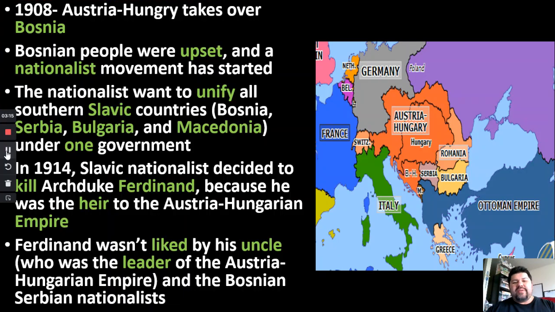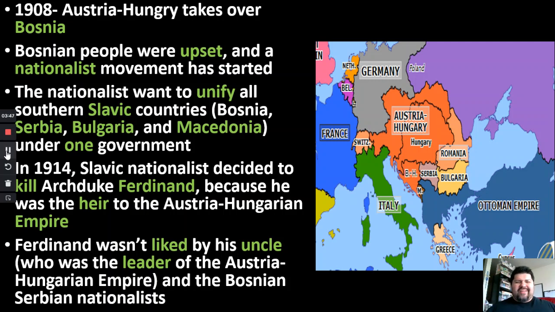All right. So, to make this a lot easier for you, while I'm reading the lecture and explaining to you, you may want to look at the map every so often. Now, in 1908, Austria-Hungary takes over Bosnia. If you look on the map where you see Hungary, right below where you see that B/H, that's Bosnia. And when they took over them, it really upset the people because the Bosnian people were like, we